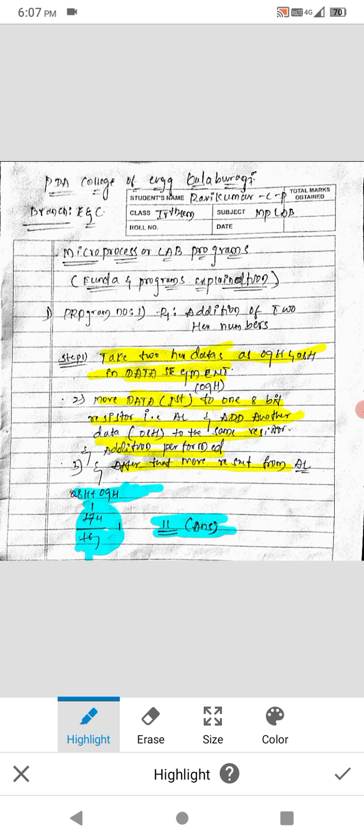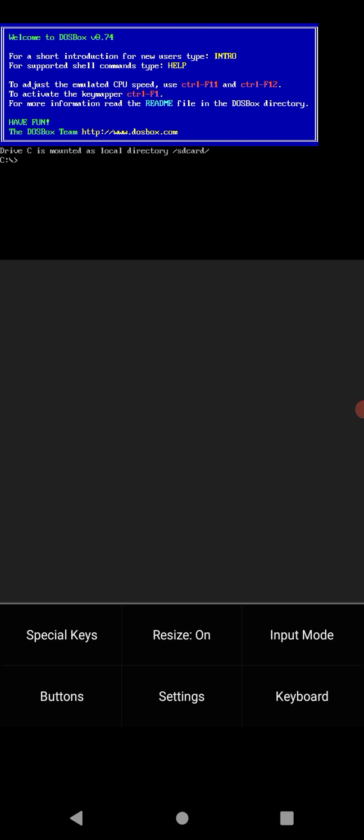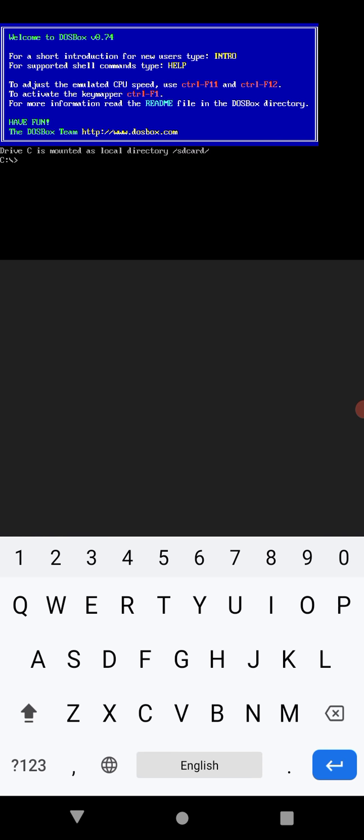Let us start executing the program in DOSBox. Start the emulator. Type cd space 8086, then click enter, and type edit space file name. I will give the file name as r1.asm.